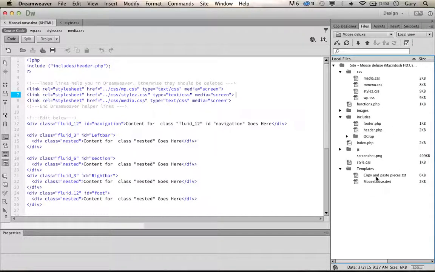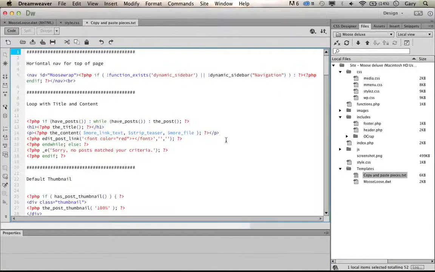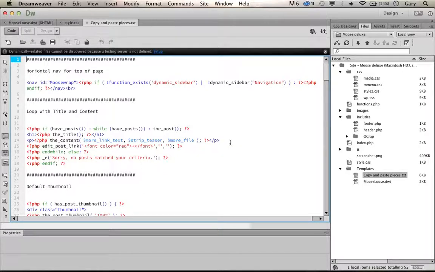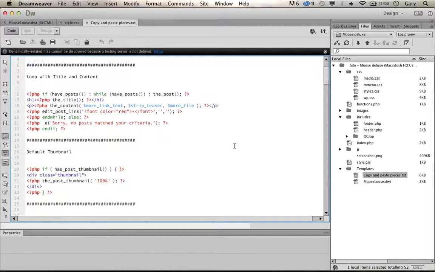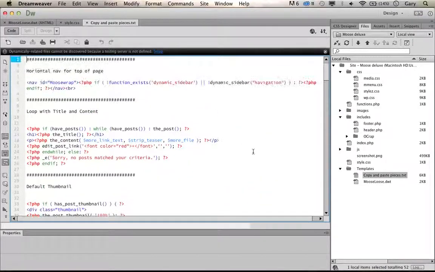copy and paste pieces here. If you open that up, you'll see there are several pieces of code that you can use to turn this into a WordPress theme. For example, this horizontal nav for the top of the page. If you were to grab that, copy it,